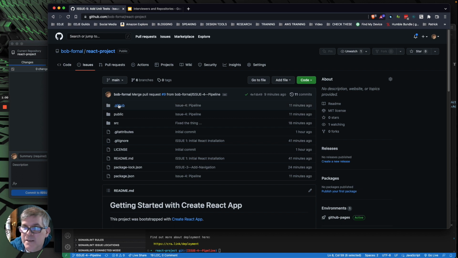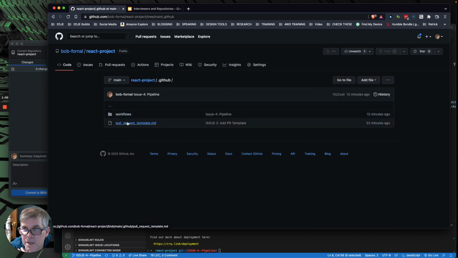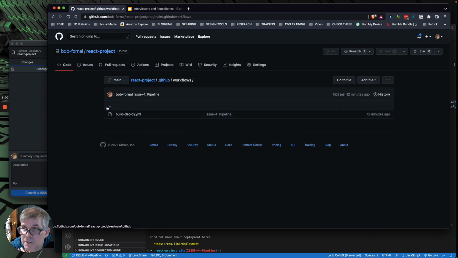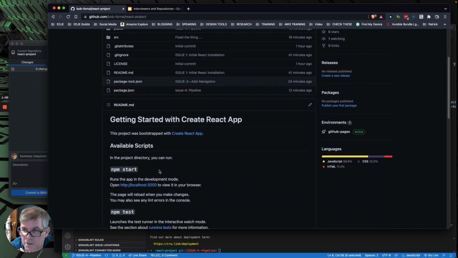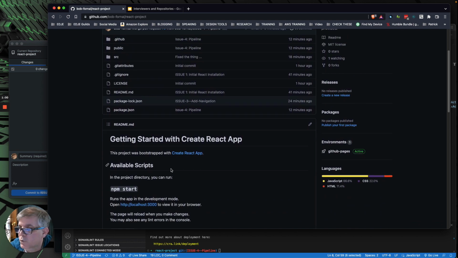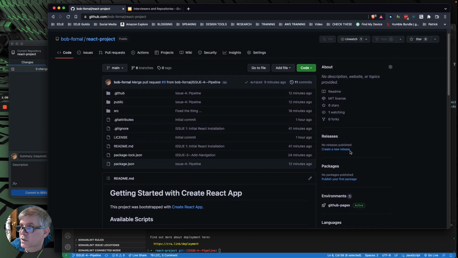Well, first thing I see as a developer is you've got this GitHub folder. And now I know you may have a template, you may have workflows. This is cool stuff on a project, especially for somebody that's looking to come on to work with me, right? There's not a lot of exciting stuff over here. This is pretty generic, and you can clean that up and make it pretty. Ooh, I can see GitHub Pages, which means your workflow probably is hosted somewhere, and I can see that really quick in 2 clicks, right? You saw me do that earlier.